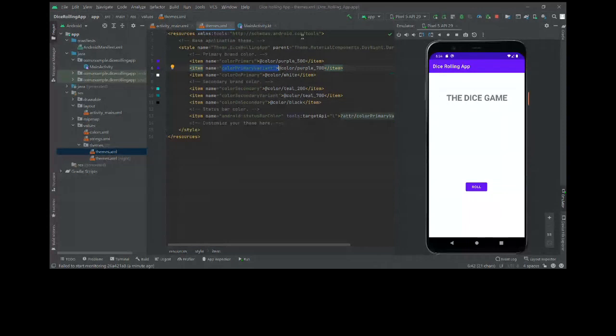So I will run this on my application also and try if it is working on my phone.